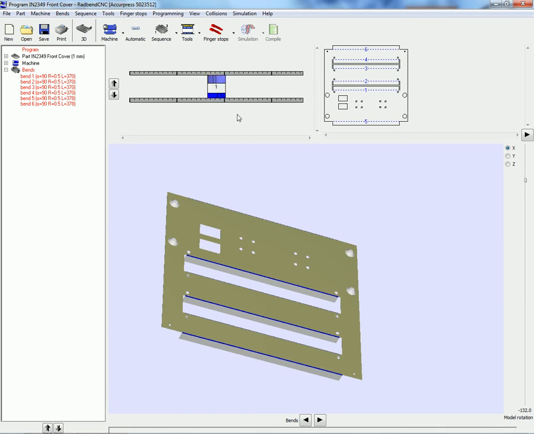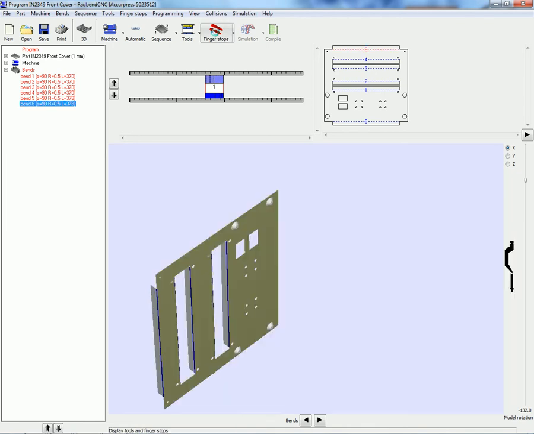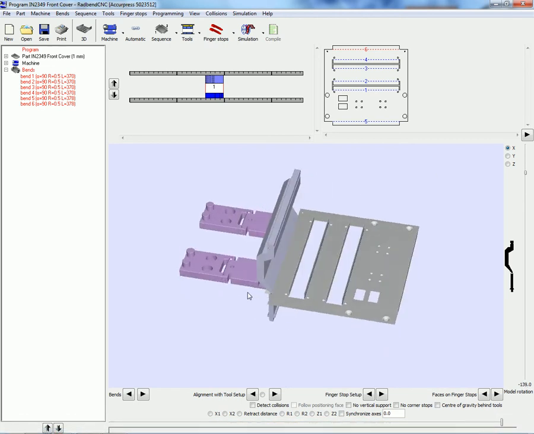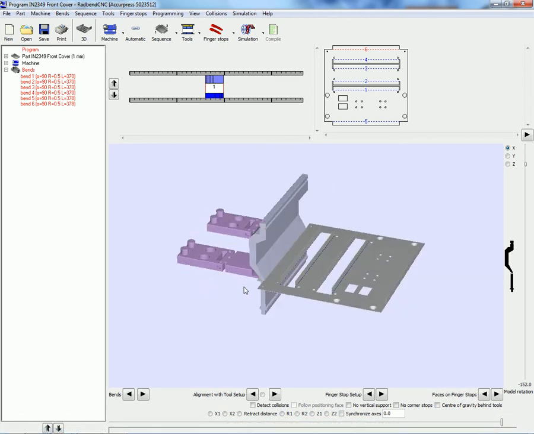Now it's very manual as well if you want it to be, as well as fully automatic, so I can just click on the tools, drag them around, move them where I want to. I'd like to select some back gauge positions for this part. Okay, and you can see now that back gauge positions have been put on the part, and I can step through there and see